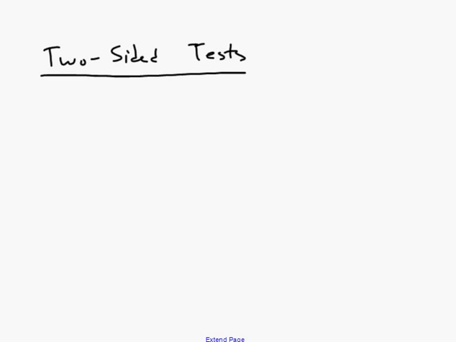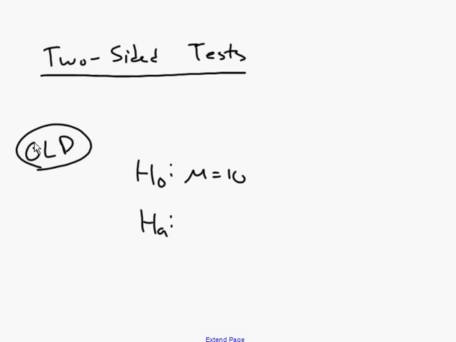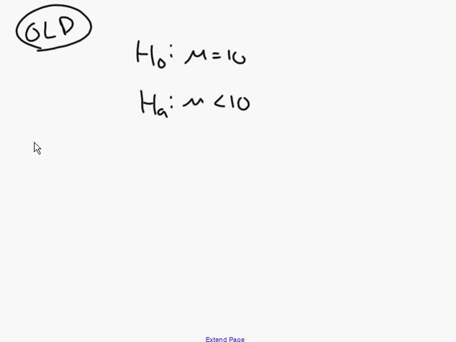Today we're going to talk about what's called a two-sided significance test. If you think about it, up to this point in time, I'll call this the old stuff, the hypotheses that we've been dealing with are things like this, H0 and HA, where maybe mu equals 10 and mu is less than 10. And we did the assumptions and so forth, but as we proceeded through the problem, at some point,